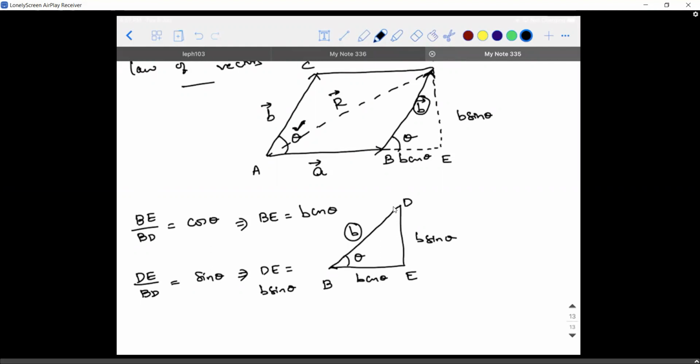It is not over, guys, because what is our job? Our job is to find the value of R, not to find the value of B and B, which are not even a part of the question. Logically, they are not part, because I extended and constructed a right angle triangle.